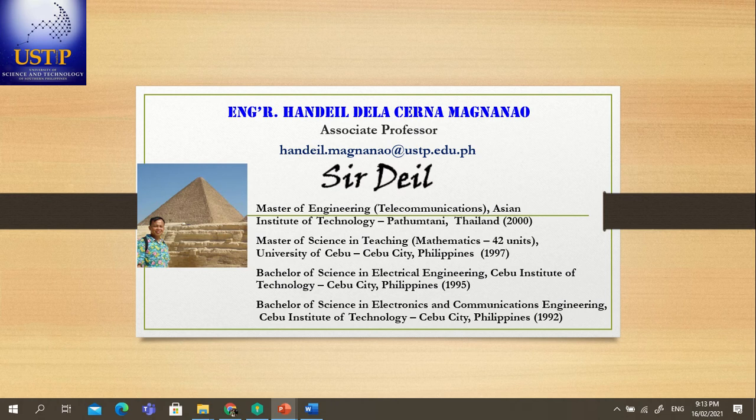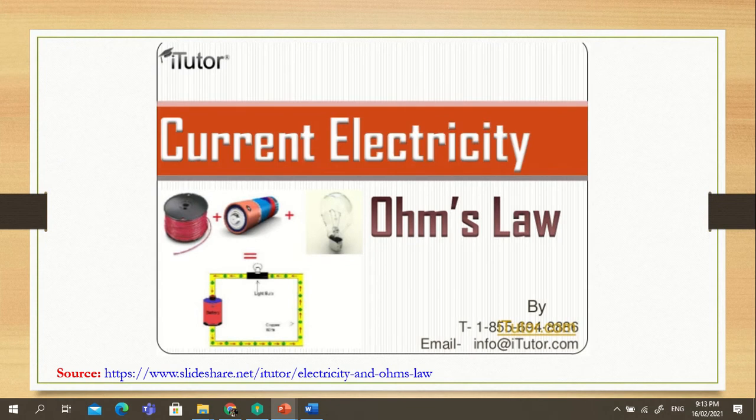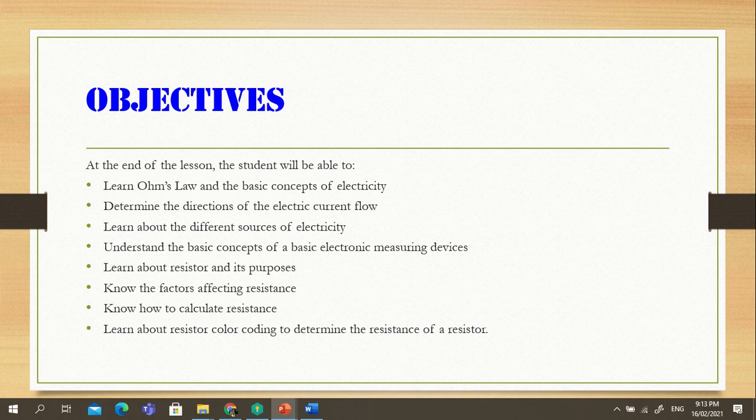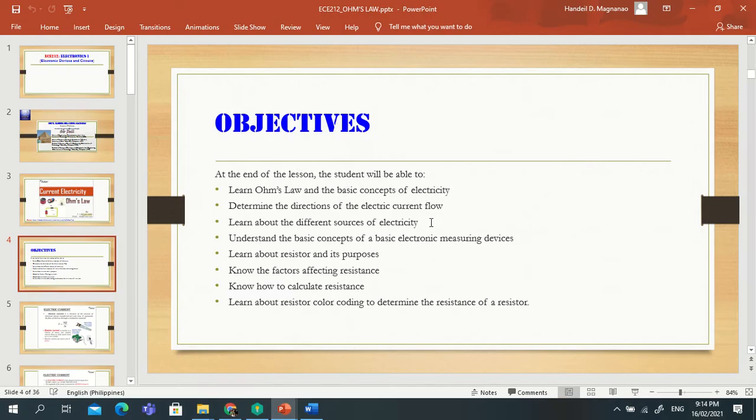Okay, so today we'll talk about the basics of electricity, current electricity, especially Ohm's law. But before we go to the details of this topic, let us first have the objectives of our discussion for today. At the end of the lesson, the students, meaning you, will be able to learn Ohm's law and the basic concepts of electricity,